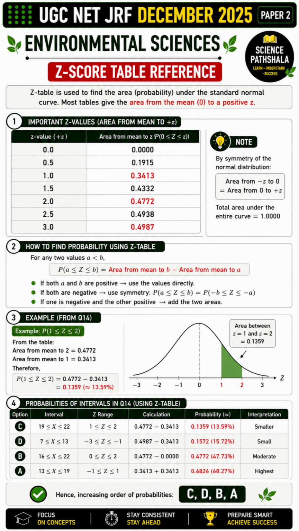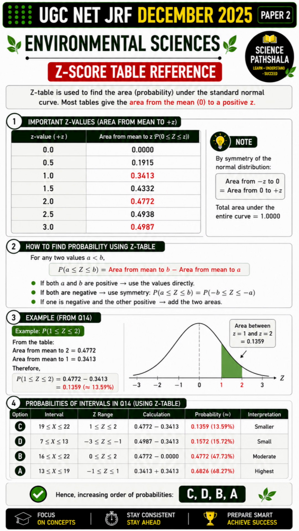Now let's understand how these probabilities are actually calculated. The total area under the normal distribution curve is equal to 100% as we know. From the mean to plus 1 sigma, the area is about 34%. Between 1 sigma and 2 sigma, the area is about 13.5%. And between 2 sigma and 3 sigma, the area becomes very small, around 2.35%. I have attached the z-score reference slide and it includes all the values of area and probabilities.